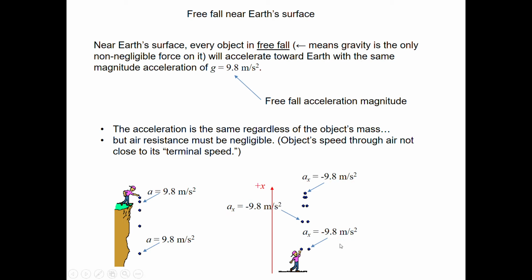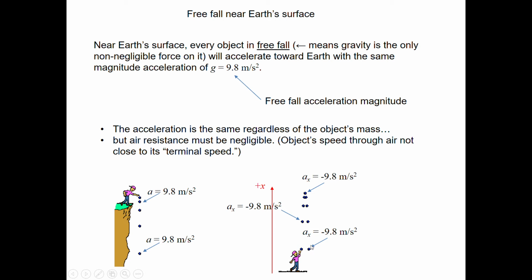So, for example, if I choose plus X to be upward, I know that the acceleration is always in the direction downward. I've forgotten we haven't talked about vectors, but in any case, the acceleration is in the direction downward. If I were accelerating upward, that would correspond to a positive AX. So if it's accelerating downward, it is a negative AX value. So if I choose plus X up, AX is constant at minus 9.8 in SI units,